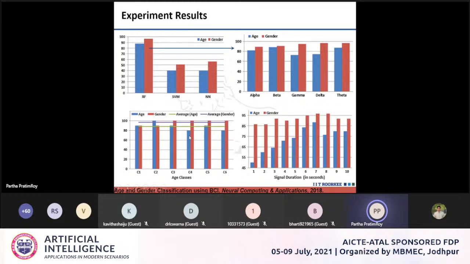Then there is the signal duration, how long you collect the signals. That is also a very good question in the experiment, so you have to do trial and error. You collect the data and then see. If we get the signals for 1 second and do these machine learning experiments, the accuracy is not good. But if you use more or less 7 seconds of data and then use machine learning, you will get better results.